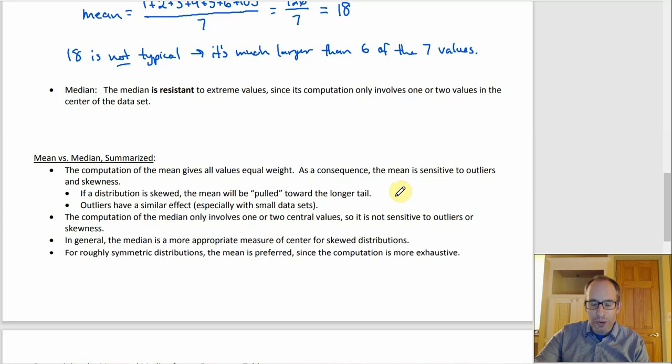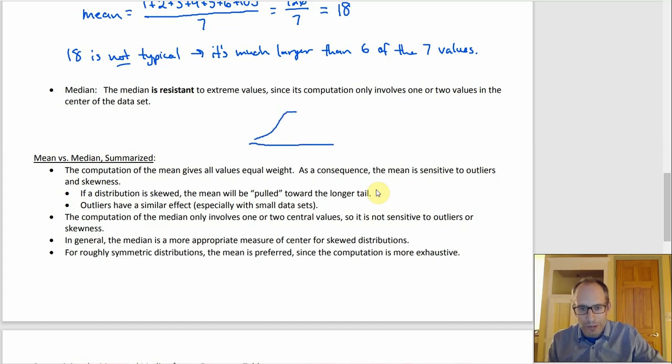If you have a skewed distribution, so like one that is clearly not symmetric, or if you have outliers, then you probably want the median, because skewness and outliers tend to distort the mean. The mean gets pulled in the direction of the outlier or pulled in the direction of a long tail if you have something that's skewed. So like the idea for skewness, I guess I could draw these things. And this is getting a little bit ahead, more toward when we start talking about the normal distribution. But that's symmetric, right? Like you have a bell curve that's